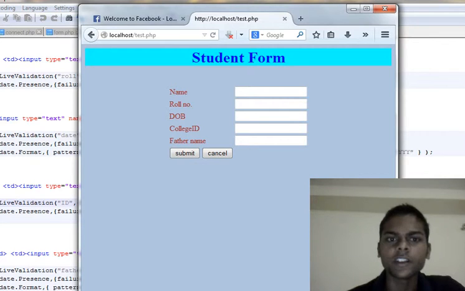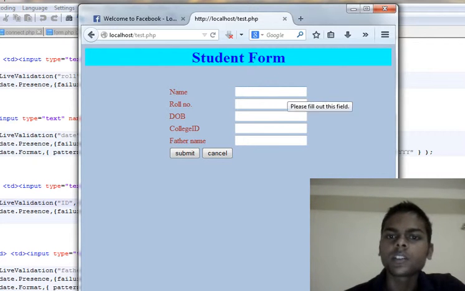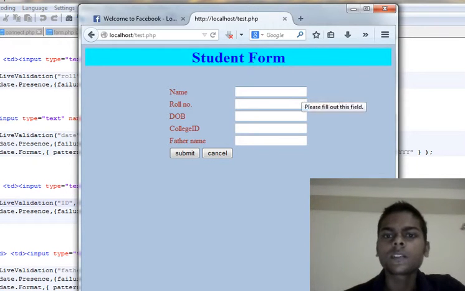These are the fields: name, roll number, date of birth, college and father name. Now here we use JavaScript so that every field must be filled with text.